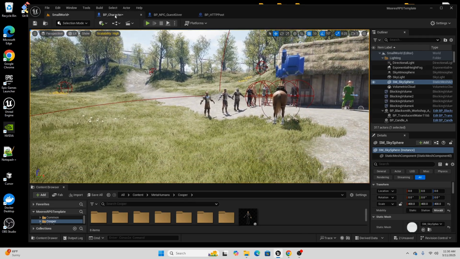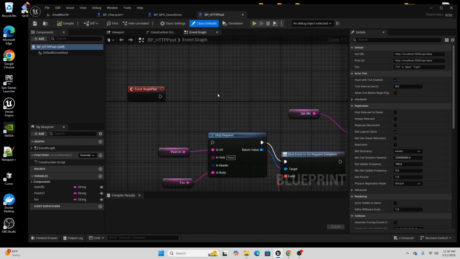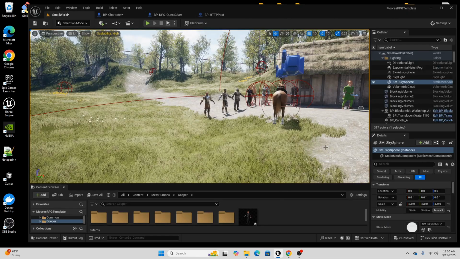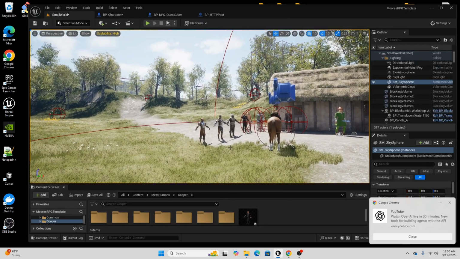I do have code in place for this example where I'm doing an HTTP post, and as I have a conversation with a character, and maybe I can actually try to get it to work here, I can detect that, and I know that a potential quest could begin. We're talking to an NPC quest giver, which is one of these characters, and